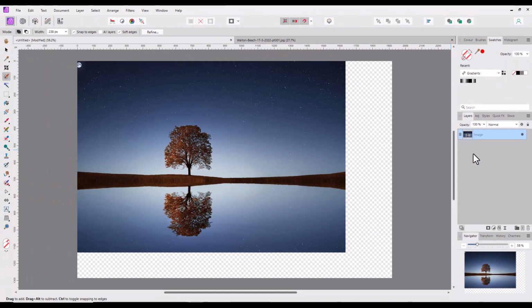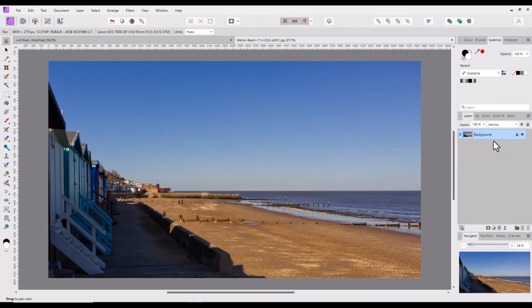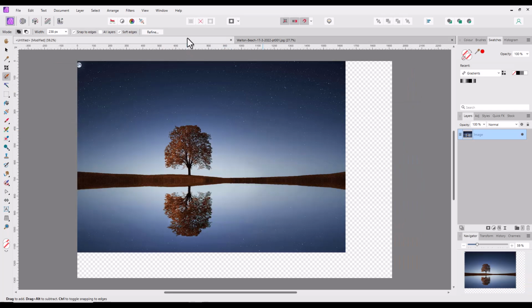So they are both technically image layers, pixel layers, but this one is a pixel layer and will allow you to select and duplicate areas, whereas this is an image layer and it won't allow you to select areas. So what you need to do is to convert anything that is an image layer into a pixel layer, and